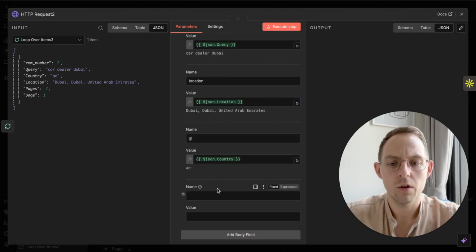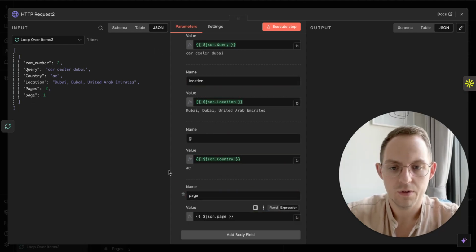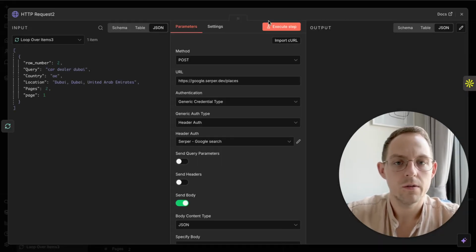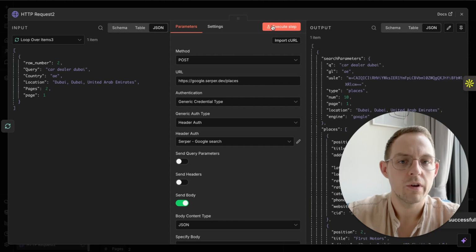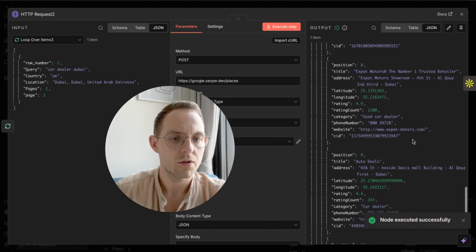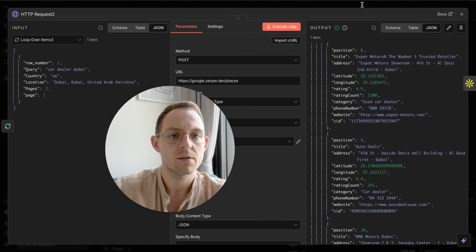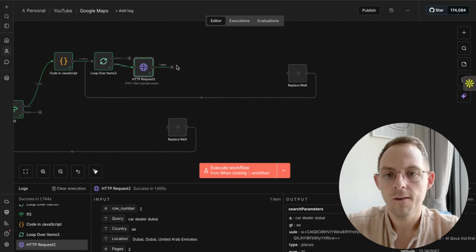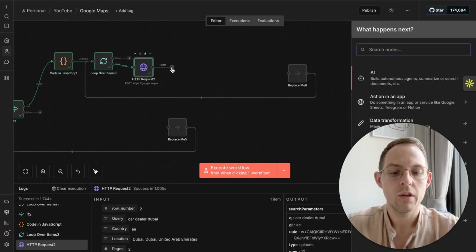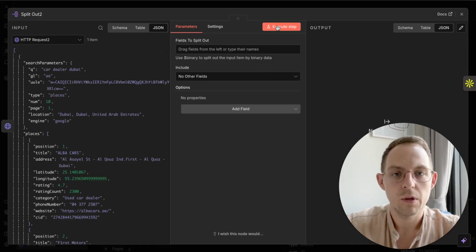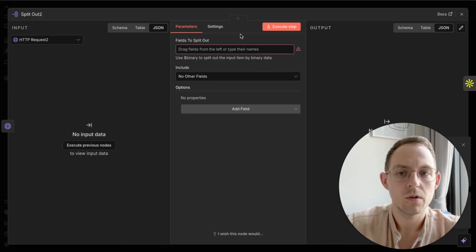Oh yeah, and we also have to put page 1. Okay, so here we are asking, and as you can see, we got information from Google Maps. Now what we need is to split them. After splitting them, we'll get